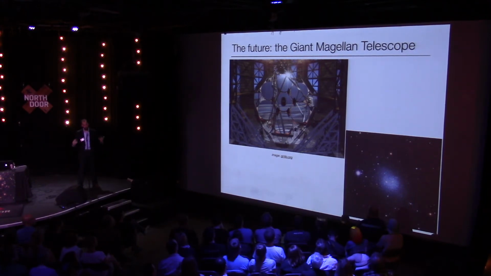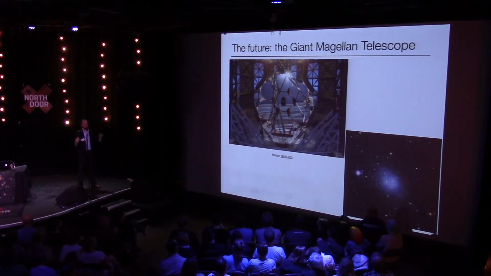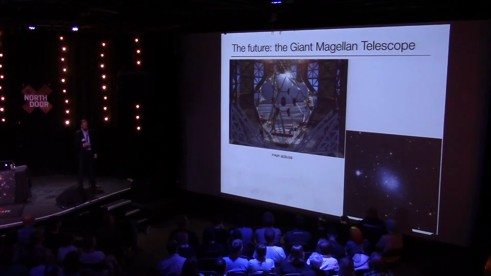Texas is very much invested in a new generation of telescopes. The Giant Magellan Telescope is the one that we're working on. And, okay, it's kind of a big picture, but it's hard to get a scale here. There is a person right here that is set for scale. Okay, so this is a 24-meter aperture telescope. The current best telescopes are sort of 8-meter class. So this is going to be 10 times better in terms of the collecting area. And that means we can really, really, really see much, much fainter stars.